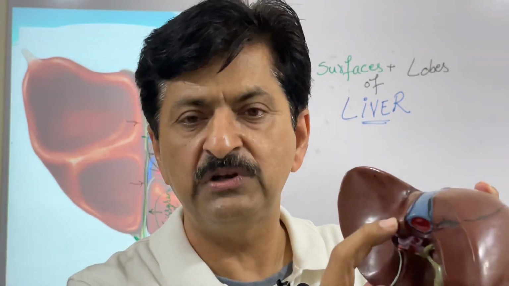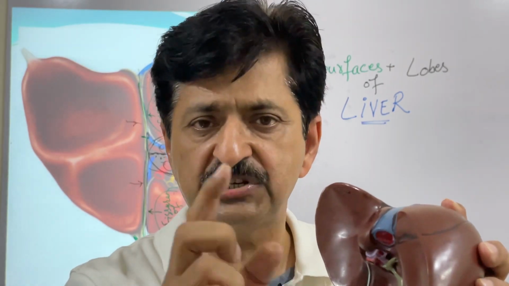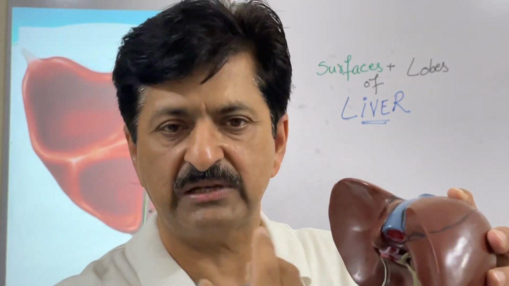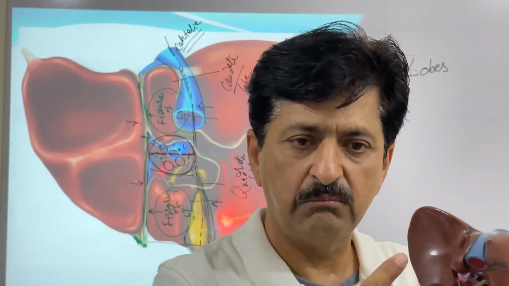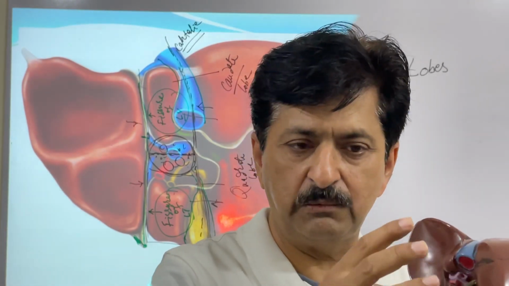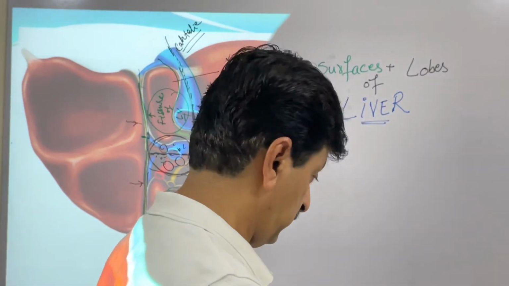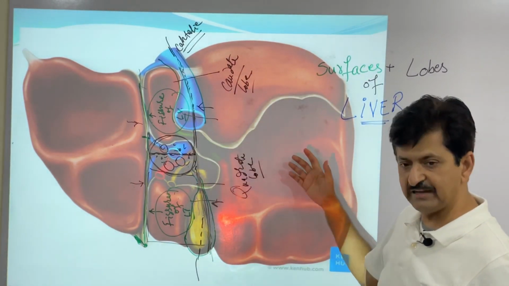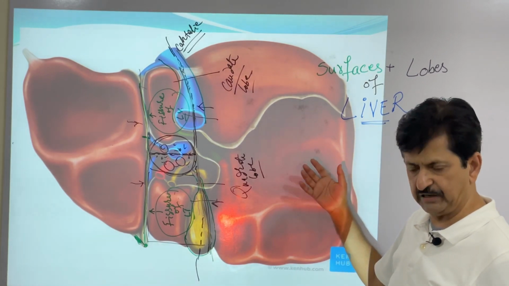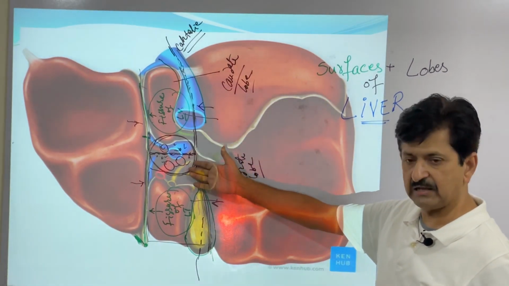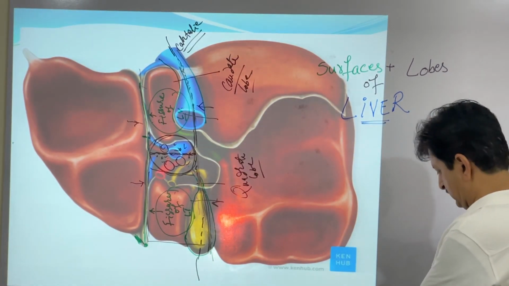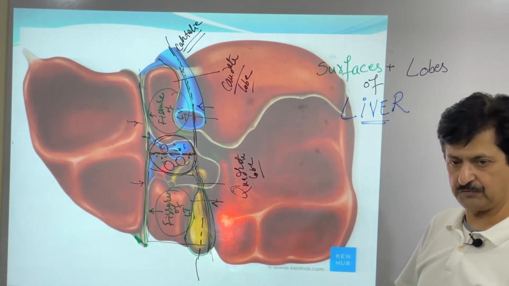So the caudate lobe is in fact functional or surgical segment number 1. This tail-like part, the caudate lobe, is only visible here on the back side. We will discuss this more, as well as the impressions on the various surfaces, which impressions you will see, and the various peritoneal ligaments. What you see here is called the porta hepatis, and what structures go in and leave out we will discuss in the next session of your liver anatomy.